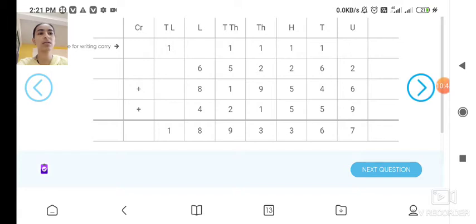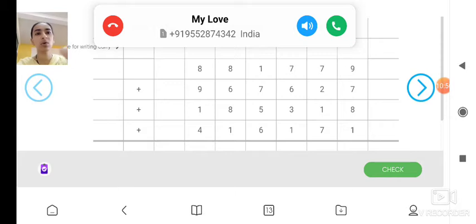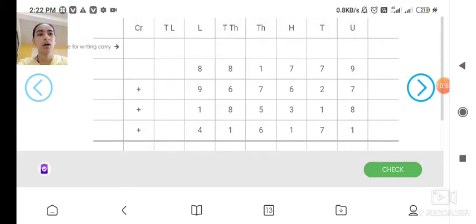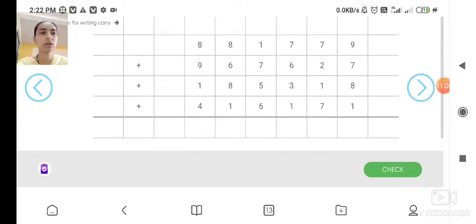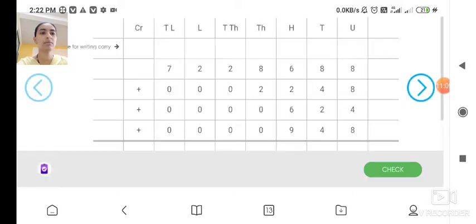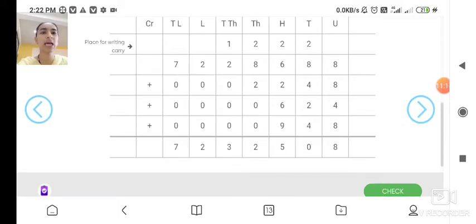Now let's see another one. This is for your homework. You are seeing this. You have to take the addition of these numbers. First write this number in your notebook and then take the addition, and tell me the answer. Let's see another. Now these are the numbers, 4 of them. We have to take the addition. Now I am giving the answer. See, this is the answer. You have to write the first question and verify whether this answer is correct or not.